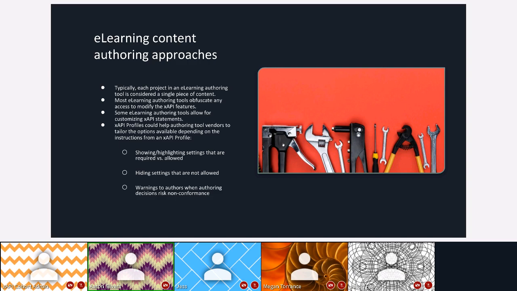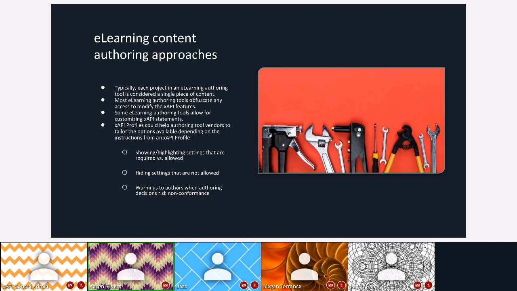Now, there are some e-learning authoring tools that do allow for customizing xAPI statements. The Domino One platform is one. Lectora is another one. There's another one out of Israel. Jason, I don't know if you remember the name of it. Lots of good reviews on this authoring tool, but I cannot think of the name right now. Composica, maybe? Yes, Composica. That's what it is. So these are tools that allow you to actually go in and edit what xAPI is going to be